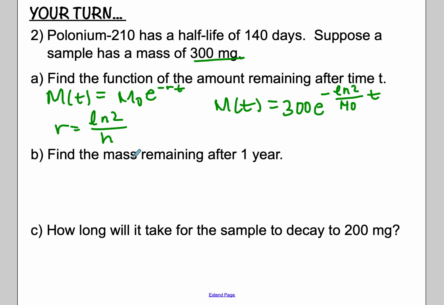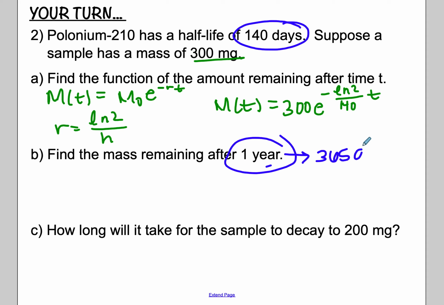Okay. B says find the mass after 1 year. Now here is where we need to be careful. This is days, this is a year. So we need to make this be in days. Okay, so how many days are in a year? Let's go with it's not a leap year, 365 days. So in order to figure this one out, we just have to go m of 365, and I'll plug it